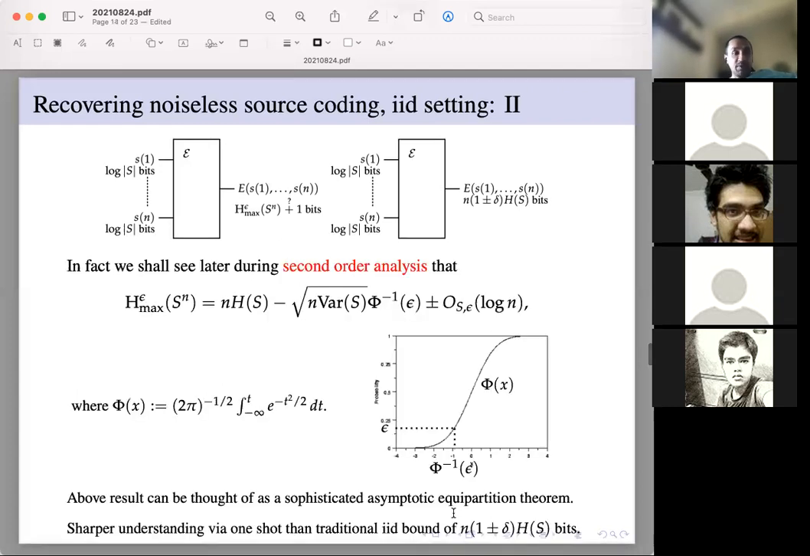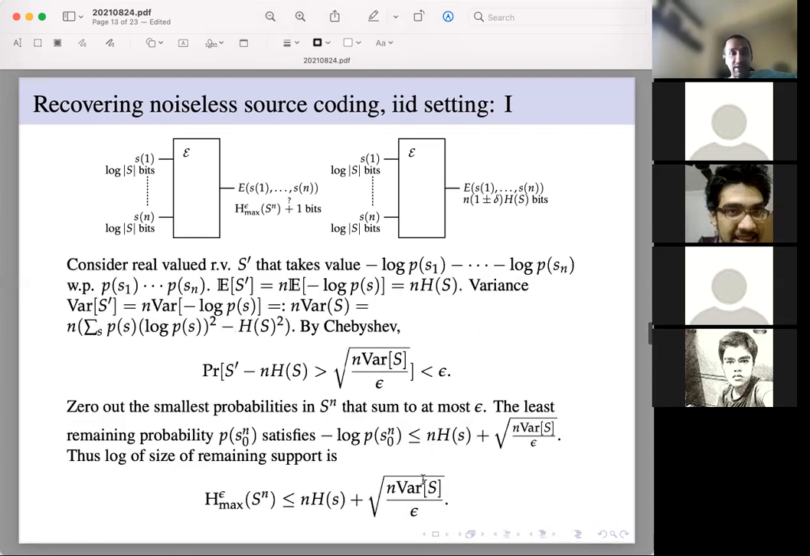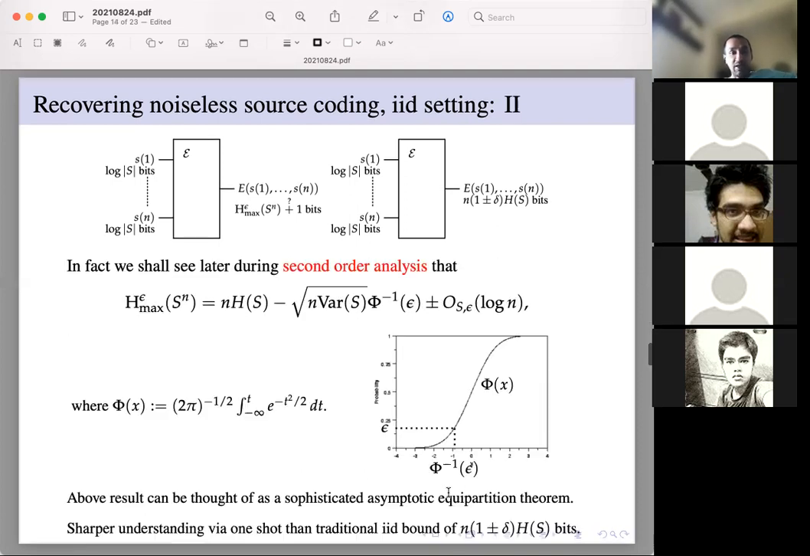In fact, you can go further. So we'll see later in the course when you do the so-called second order analysis. Second order analysis is basically this term, the square root n part. That can be analyzed very precisely, and we can say that h epsilon max of s to the power n is exactly nHs minus this quantity, and the dependence on epsilon can be made very precise. So here the dependence was rather bad. It was like 1 over square root epsilon. Here the dependence is phi inverse epsilon. I'll tell you in a moment what it means. And